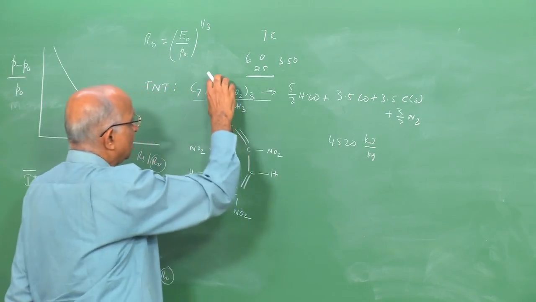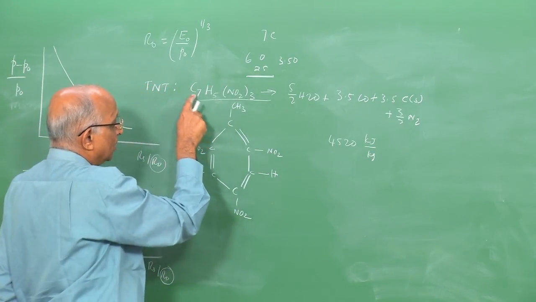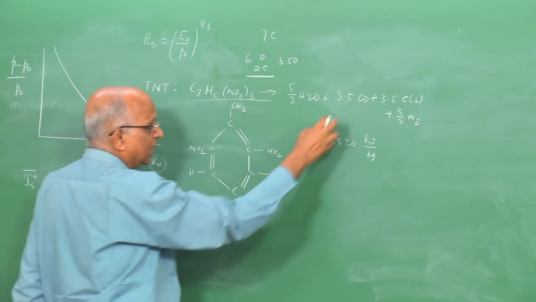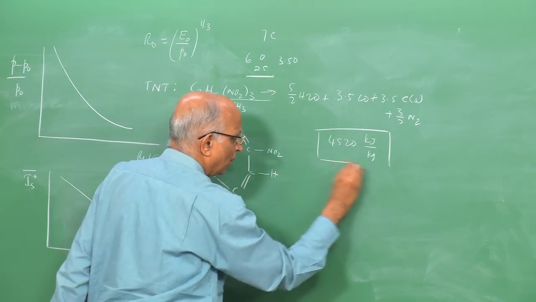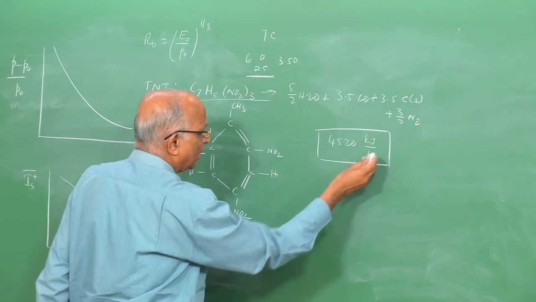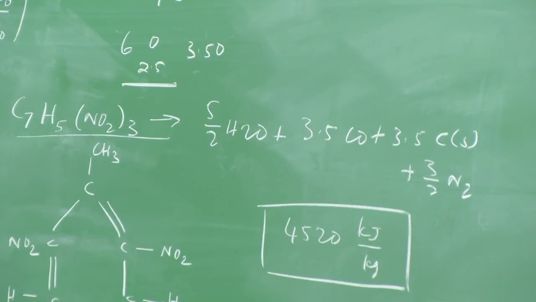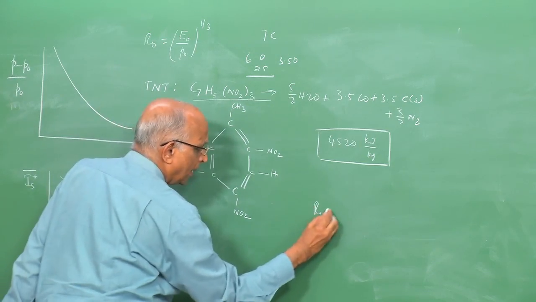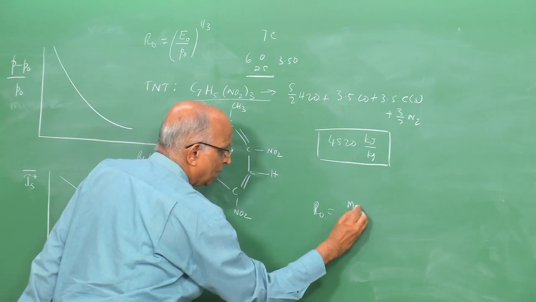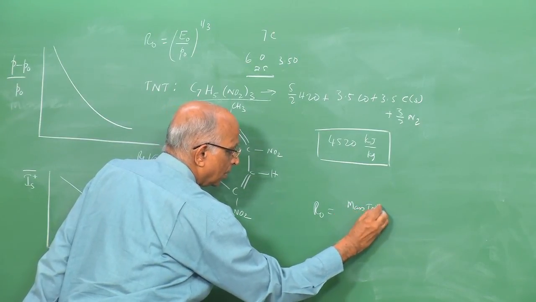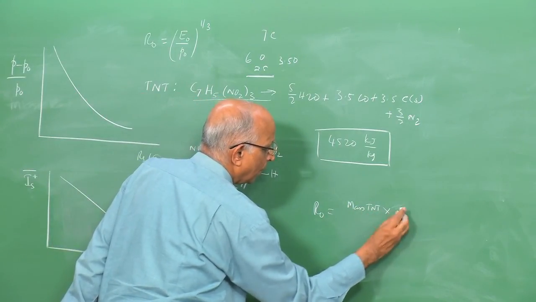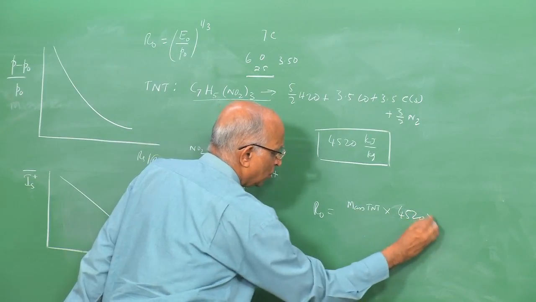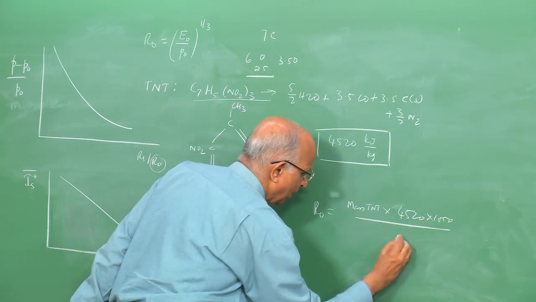I find out the energy release for 1 mole. In 1 mole I have this molecular mass, and the energy release for the reaction divided by the molecular mass comes out to be this value. Therefore, 4520 kilojoules per kilogram is the energy liberated in TNT, and if I were to write R naught, I can write it as equal to mass of TNT into the energy liberated, 4520 kilojoules per kilogram, into 1000, divided by 10 to the power 5,